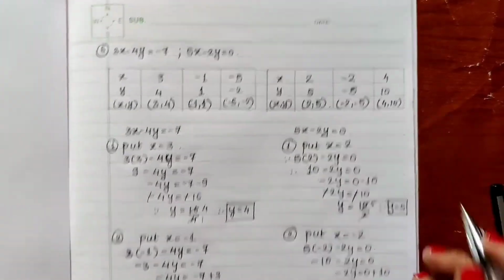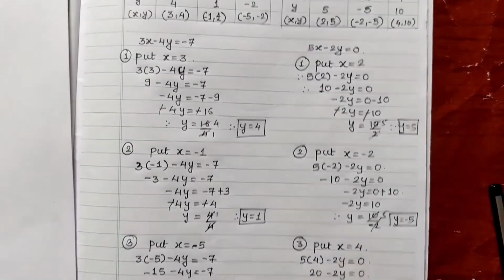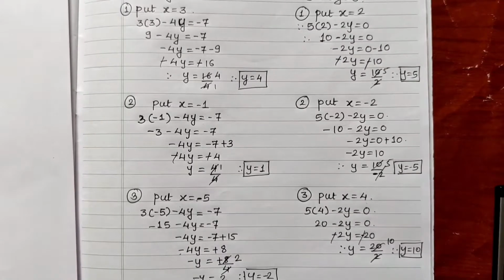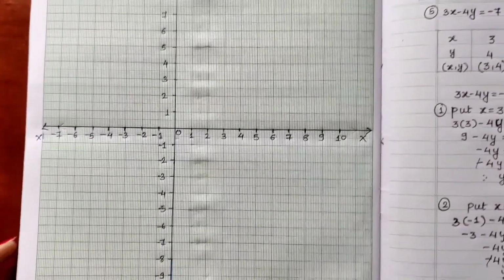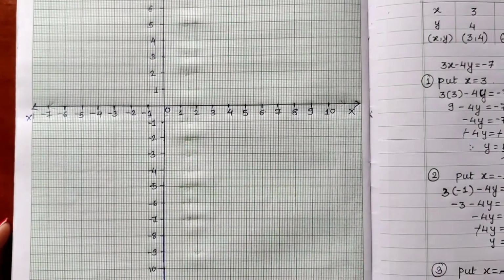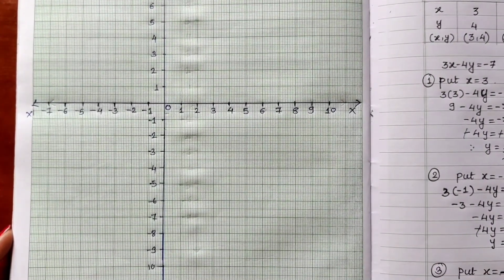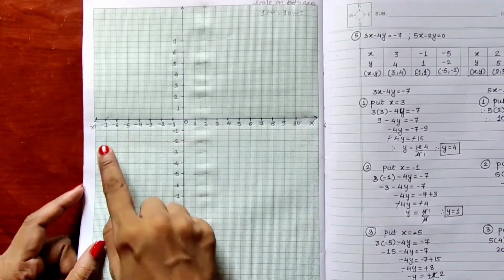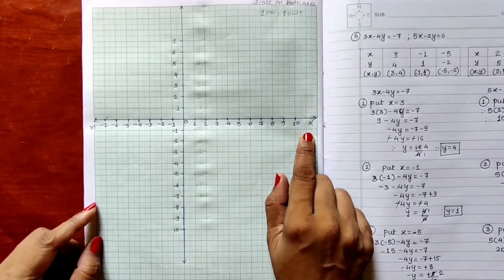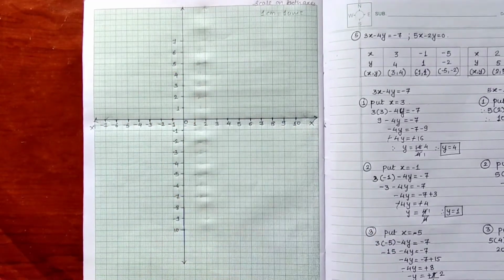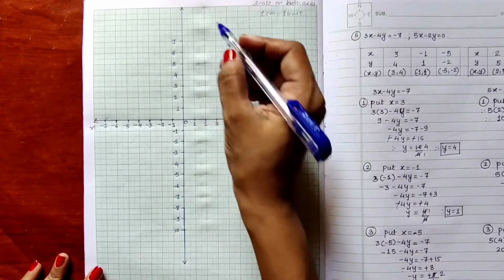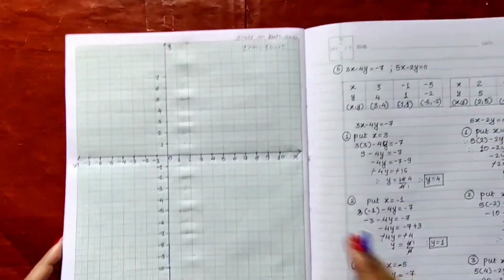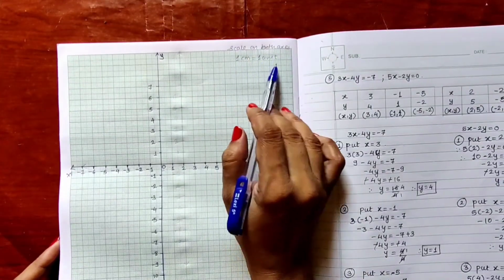So in this way we have got 3 coordinates. Now let us plot on the graph. So I have drawn this x-axis and y-axis here. I will just zoom in so that you can see the full graph. This is the x-axis. I have drawn x and x dash. Here it should be y and y dash. At the top it is y, and at the bottom it is y dash. I have written the scale also. Scale on both axes, 1 centimeter is equal to 1 unit.